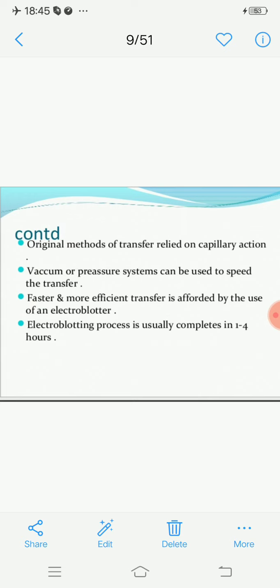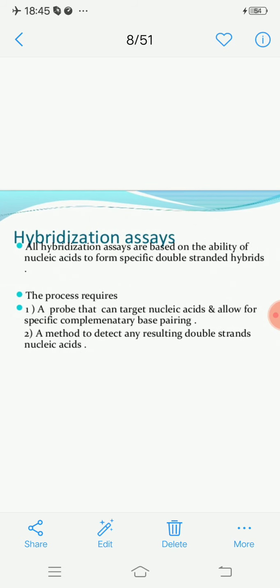Then, yes, it requires 1 to 4 hours. Then hybridization means attachment, attachment of the probe to the gene of interest. Yes, so all these hybridization assays are based on the ability of nucleic acids to form a double stranded hybrid, as I told you about biotin and avidin, streptavidin. Yes, this process requires a probe which can target the nucleic acids and allow for specific complementary base